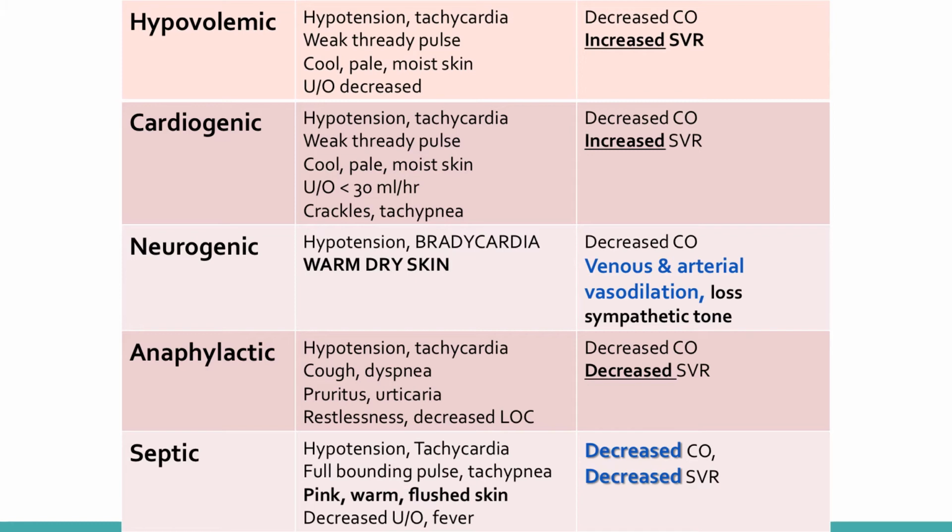They could have a urine output of less than 30 mils per hour, and that is your minimum urine output that you want a patient to have: 30 mils per hour. If they are not putting out 30 mils per hour, they can definitely go into renal failure. Your kidneys are going to start to shut down. So some of that fluid then, because the heart's not pumping effectively, they're going to,